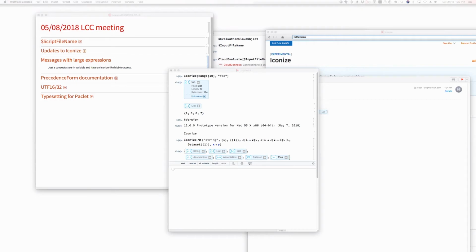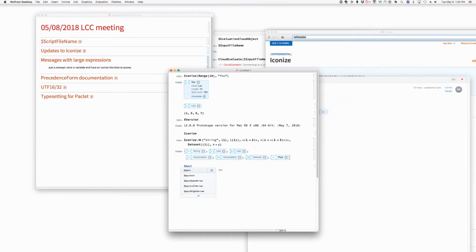Okay, all right. So what's the idea here? So there are a couple of problems. One of which is basically that short and shallow can be quite slow in the front end, and the other being that